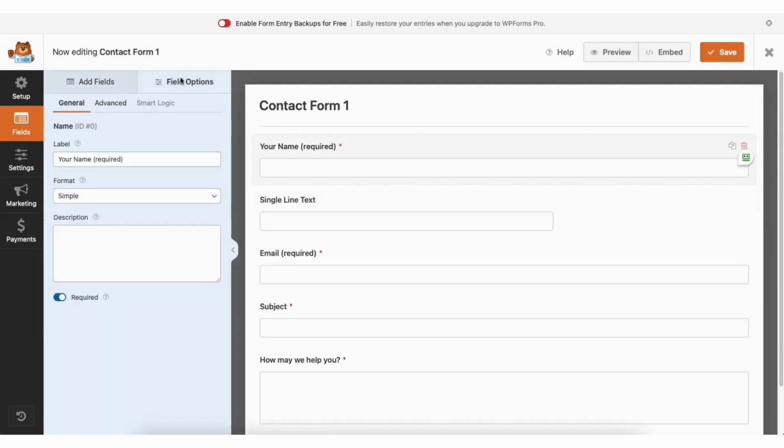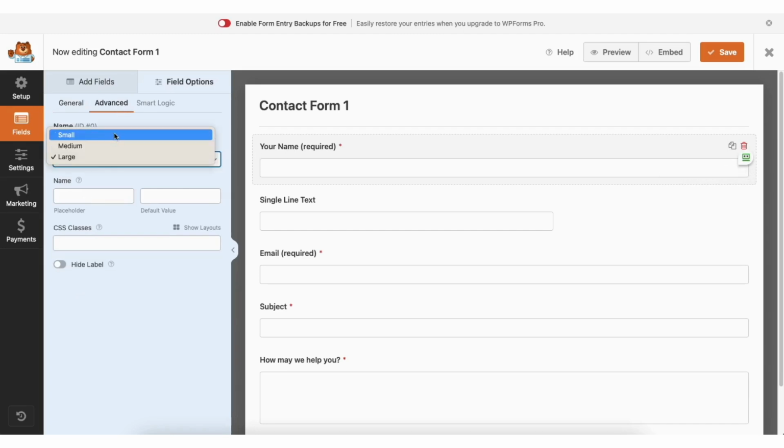If you click Field Options, you can click on a part of the form and then make changes from the side. You can select to make this part of the form a required or not required part to fill out. If you click Advanced, you can click on a part of the form you want to change, and you can select between the size of the form field for that area, and then change if you want anything to show in the form field where they input their information.